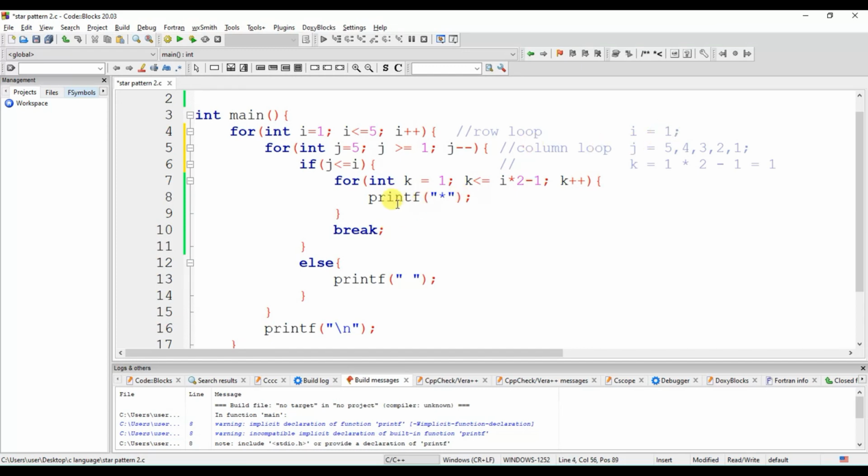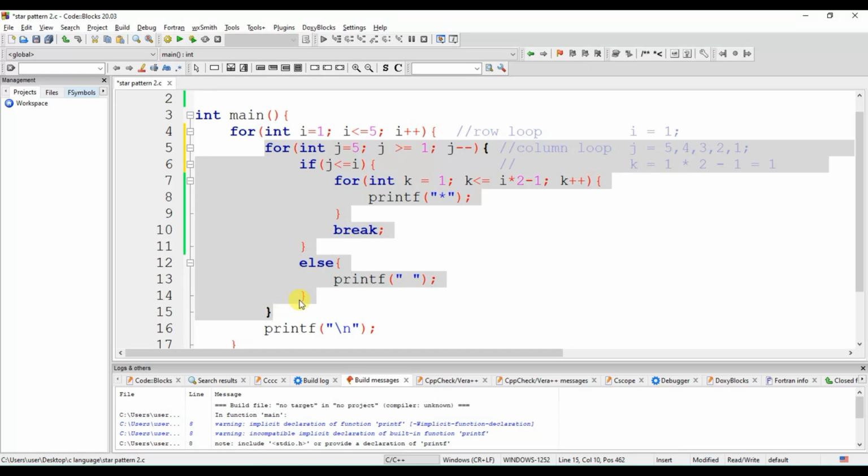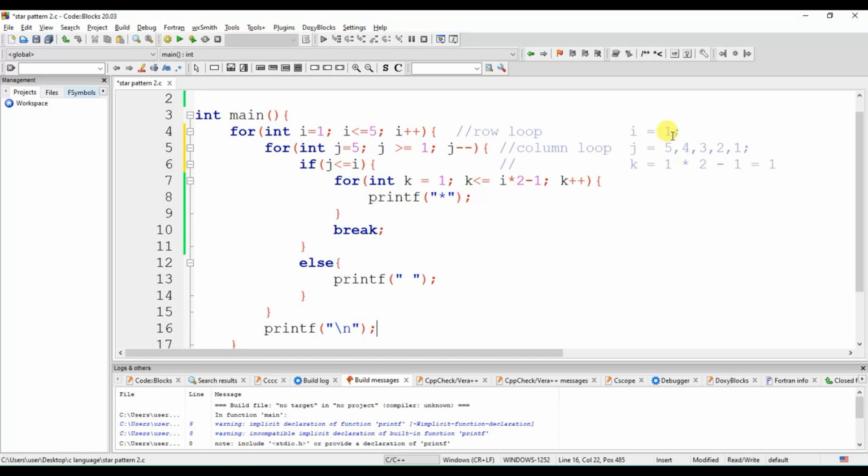After this the loop will be broken, because this break statement will break this loop which I have selected, the j loop, the column loop, and it will go to the next row. Then i becomes 2 here, and then again j will start with 5, and 5 is less than or equal to 2, which is false. Then it will print the space, so it will print the space 3 times, for 5, 4 and 3,